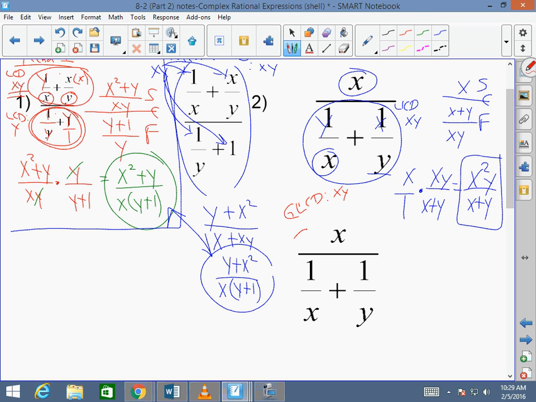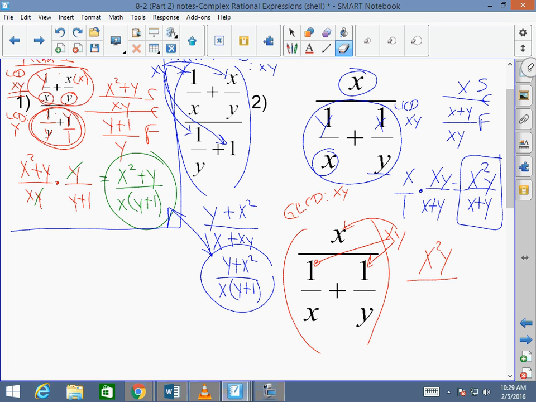So I am literally going to multiply xy to every single term. So this will be x squared y over, what's xy times 1 over x? Sorry, it's y. What's xy times 1 over y? Bam. They're both the same, aren't they? Does that make sense, brothers? Yes, sir. Okay, now